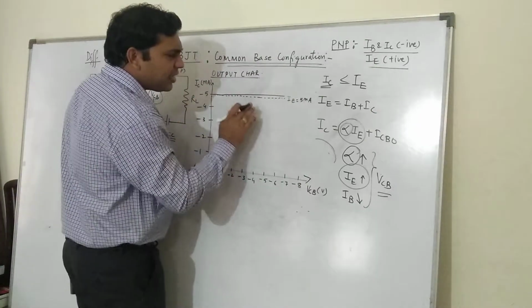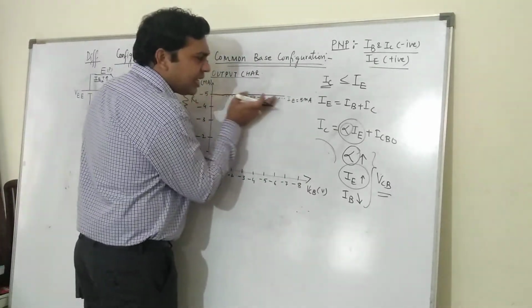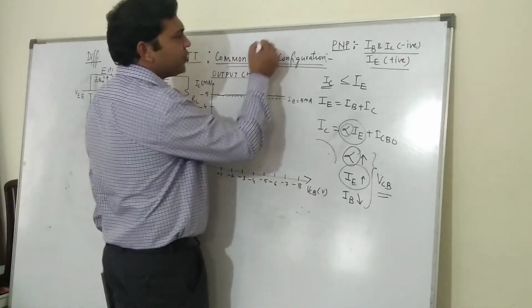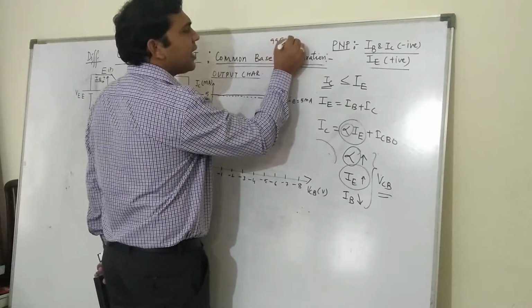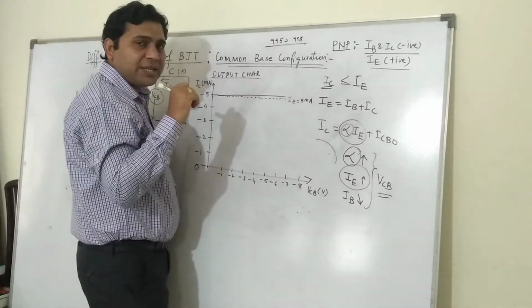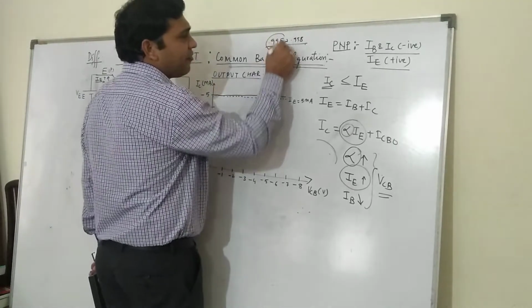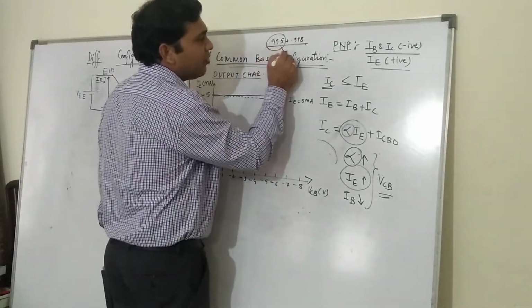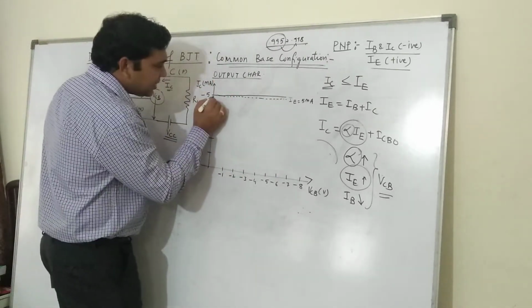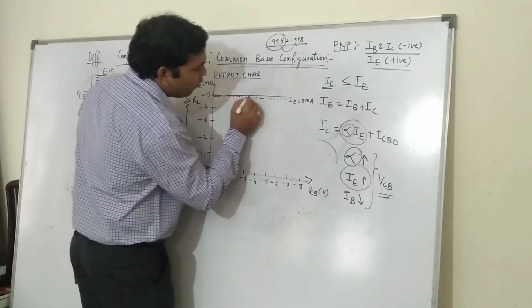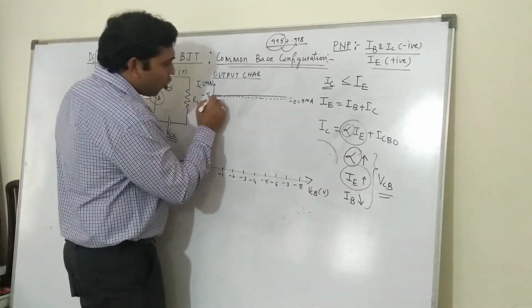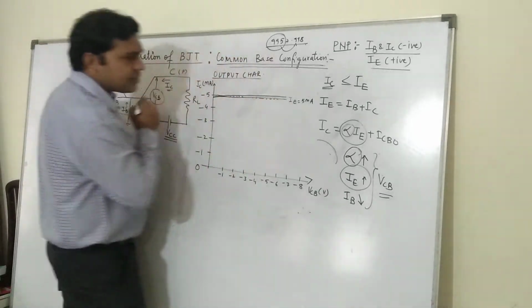So you can say there is not much change in IC with respect to VCB, because alpha is going to change from 0.995 to, let's say, 0.998. There is only a small variation in alpha because alpha is just less than unity, just 0.995 let's say. It will not make any change in IC. So if IC started from 4.9, it will reach 4.995 or 4.99 like that. So the characteristics are almost flat.